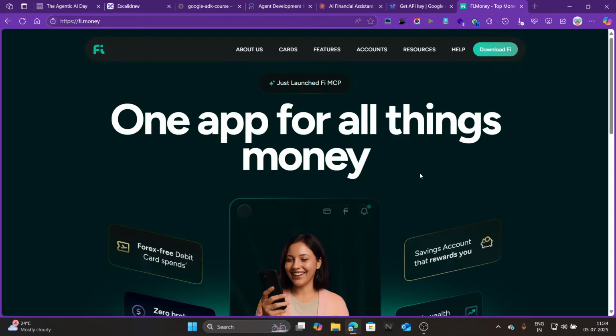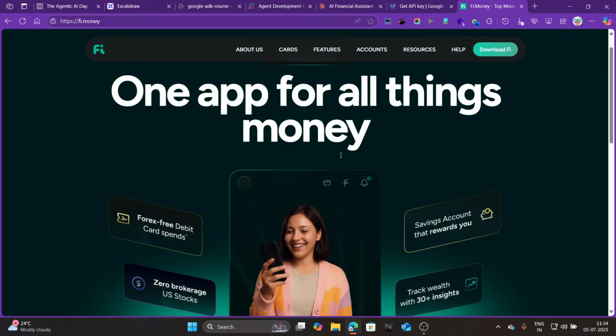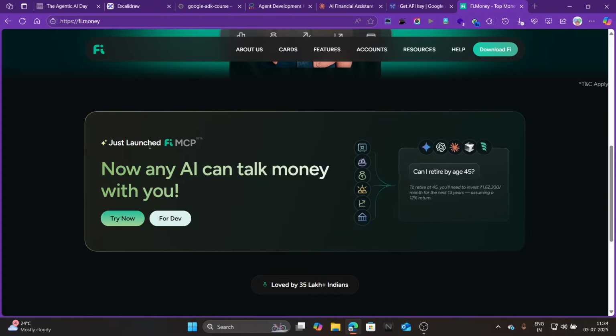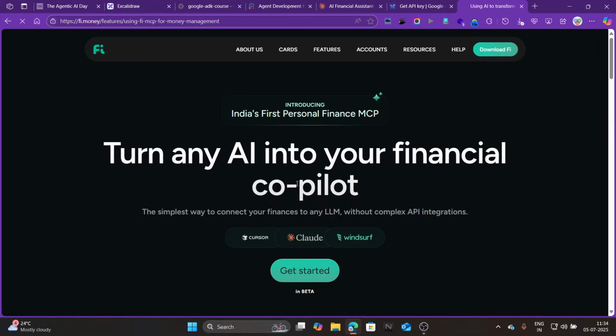So let's go deep dive into the Fi Money application and try to get some idea of how this MCP server works. For development, in the mobile screen you can find this, and in the laptop screen, on this web page, you can find our JSON code, which we need to put. Here you can see how this works.